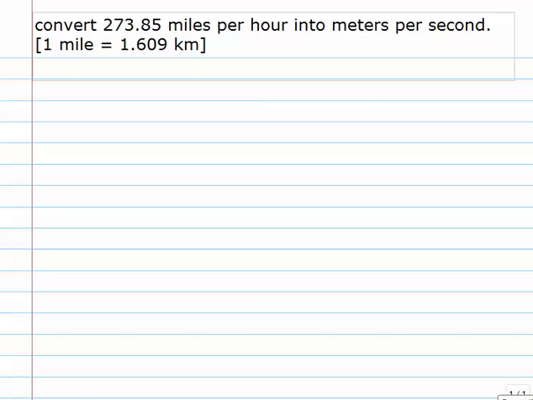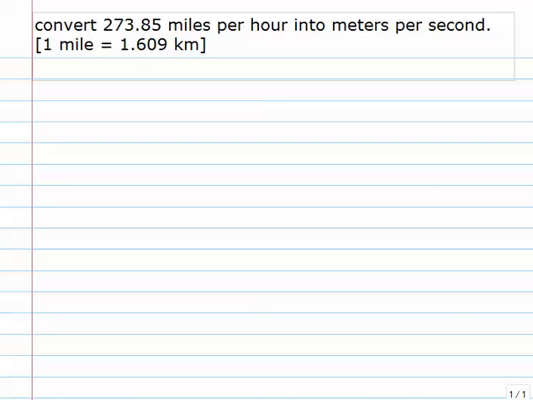Okay, so in this next example, we will be converting a more complex unit. So here we have miles per hour that we want to convert into the metric units, meters per second. So in this example, we are doing two separate unit conversions. And we're going to set it up in exactly the same way, but in this case, we'll be converting one